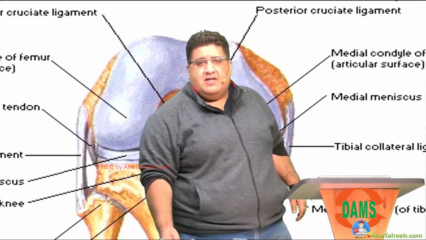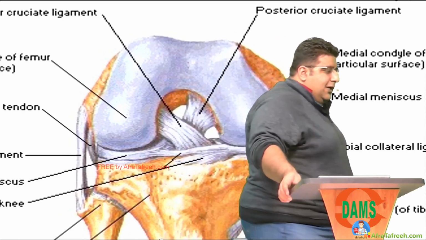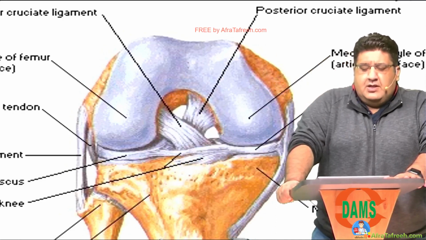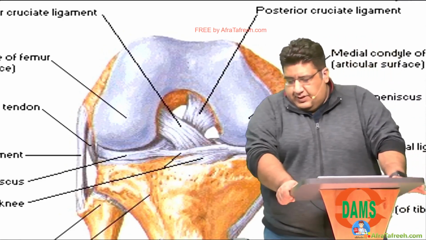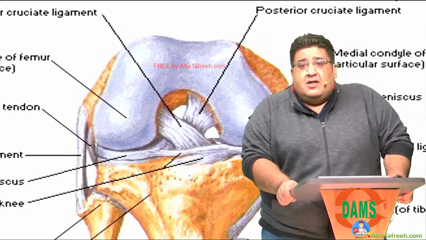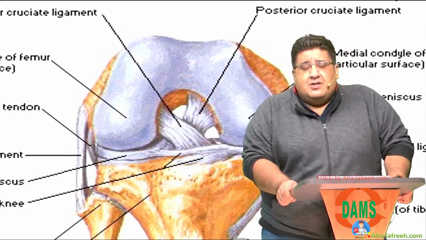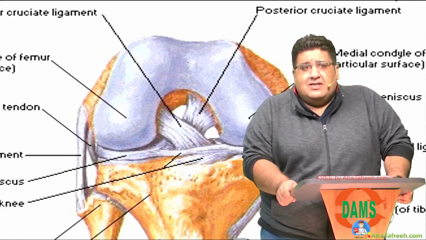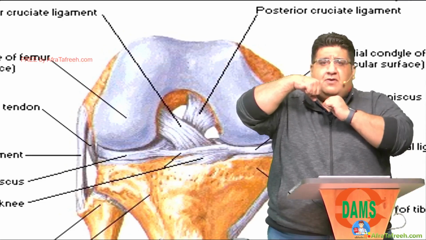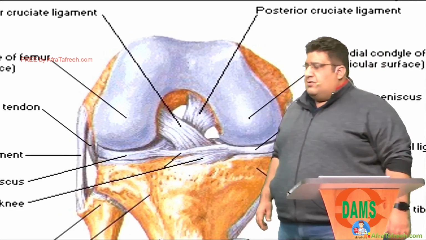So today we have concluded one thing very clearly. That ACL is important in downhill, downstair activity. How? The job of ACL is to prevent excess anterior translation of tibia with respect to femur, and that is why it is important for downhill, downstair activity.